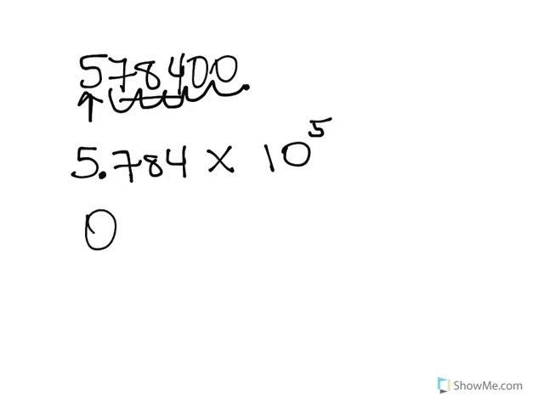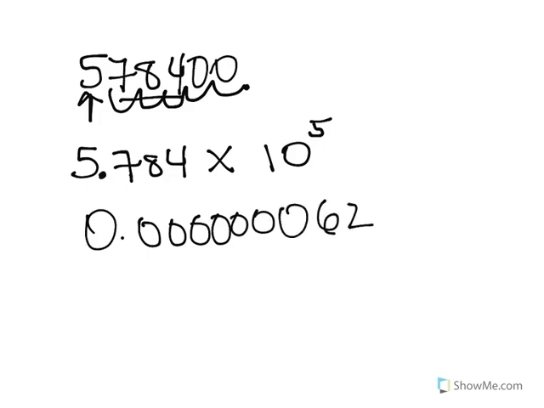Example 2. Convert 0.000000062 into scientific notation. Same rules. Place the decimal point after the first number that is not 0. The first number that is not 0 is this 6 here. So it is 6 decimal point 2